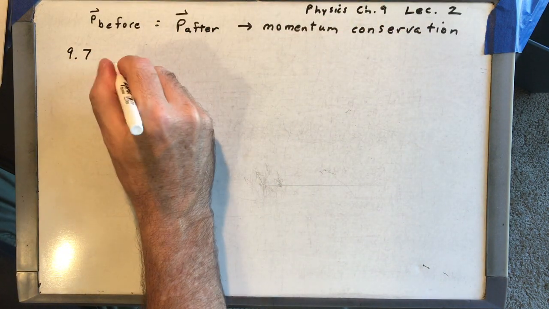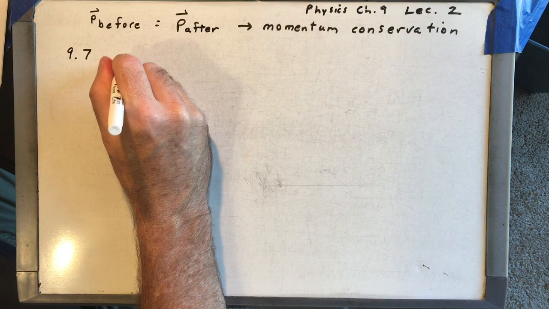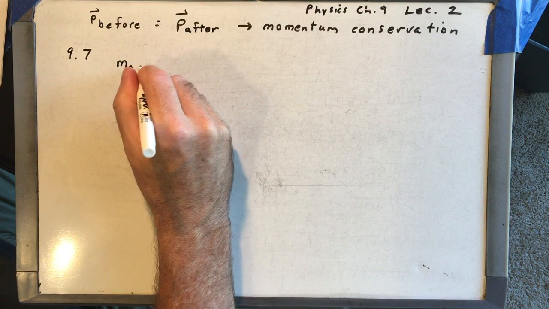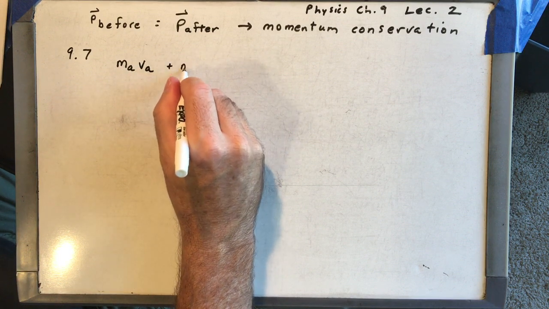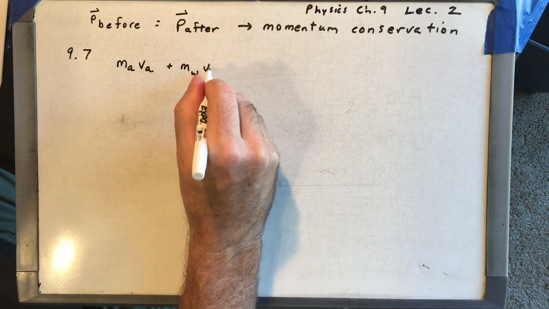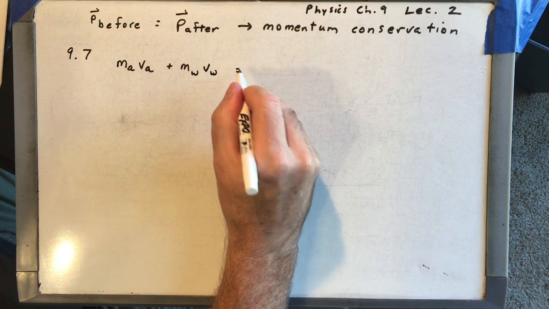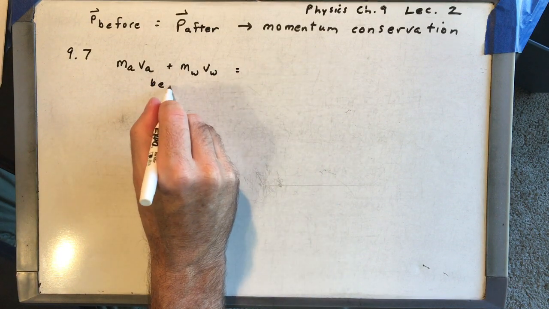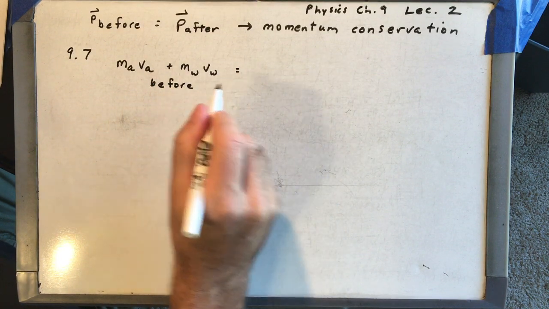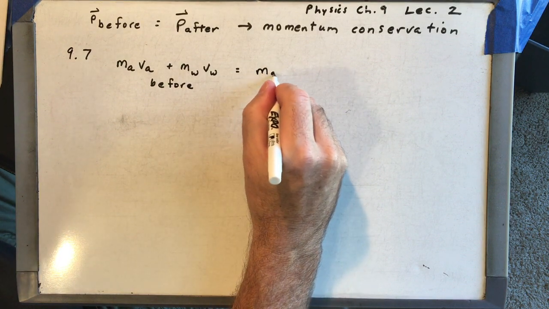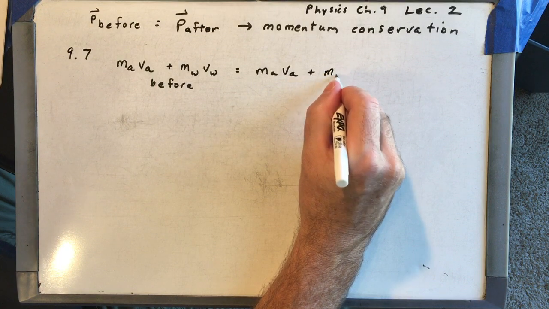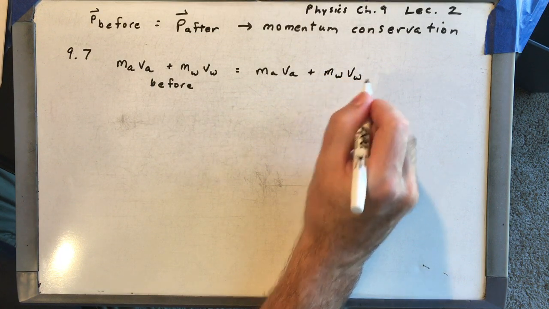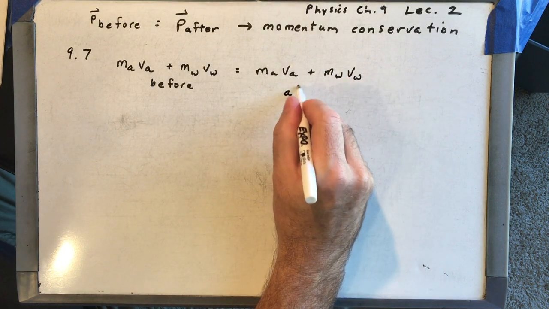So momentum before is equal to momentum after. So the mass of the astronaut times the velocity of the astronaut plus the mass of the wrench times the velocity of the wrench. That's the before situation. It has to equal the mass of the astronaut times the velocity of the astronaut plus the mass of the wrench times the velocity of the wrench. And that is the after